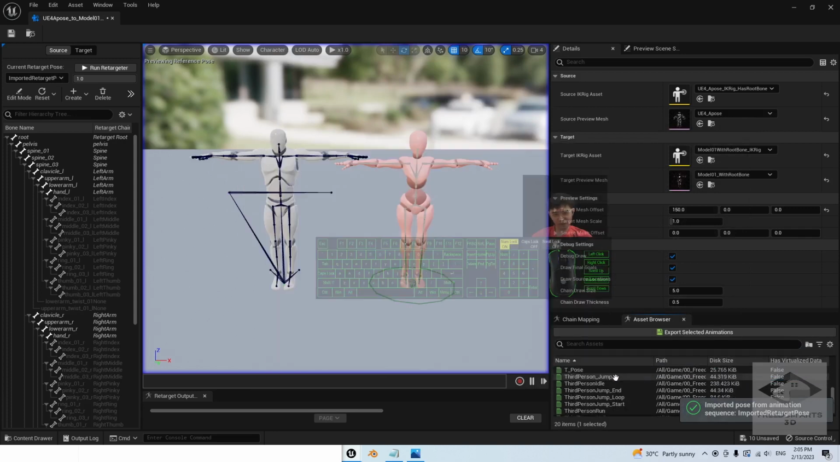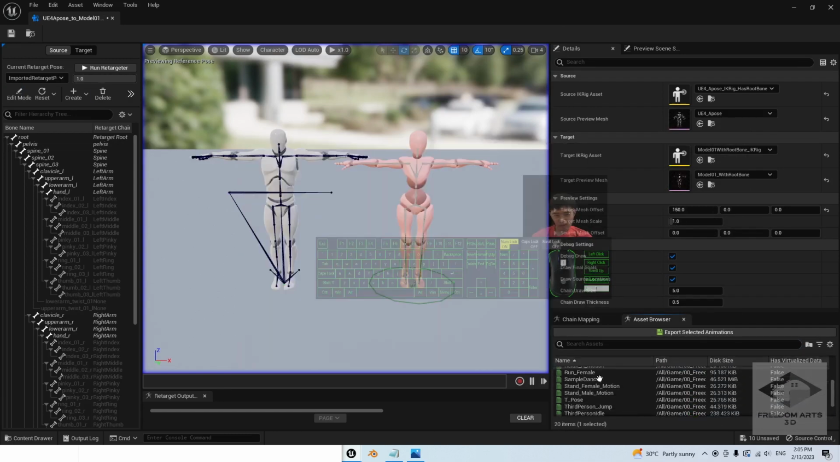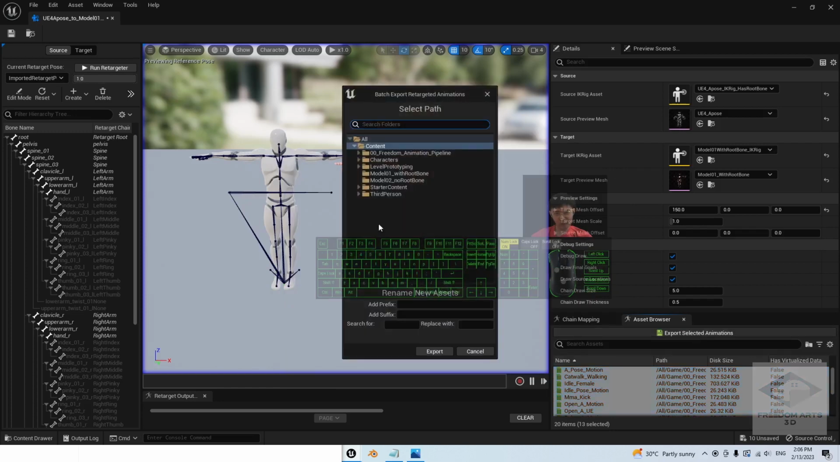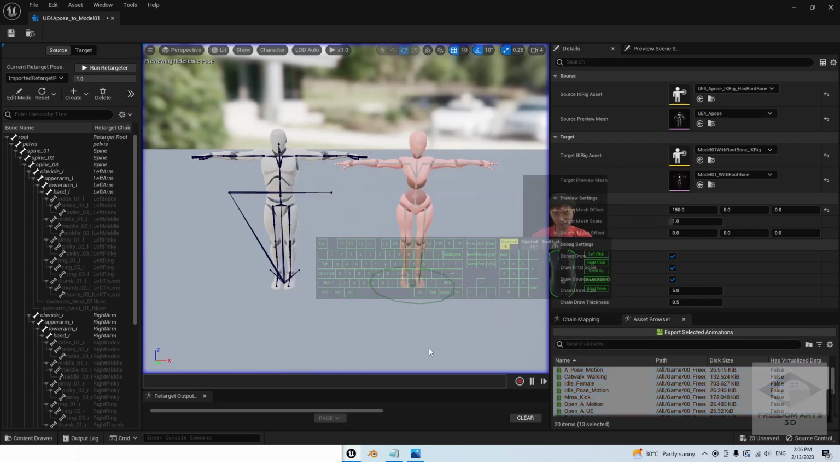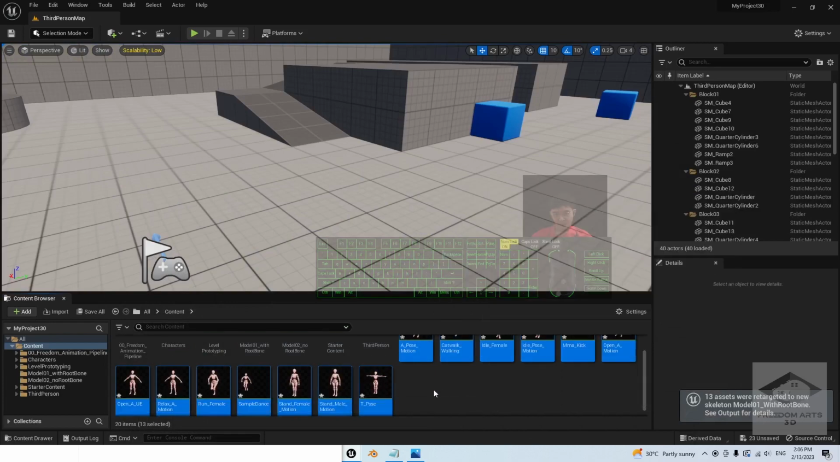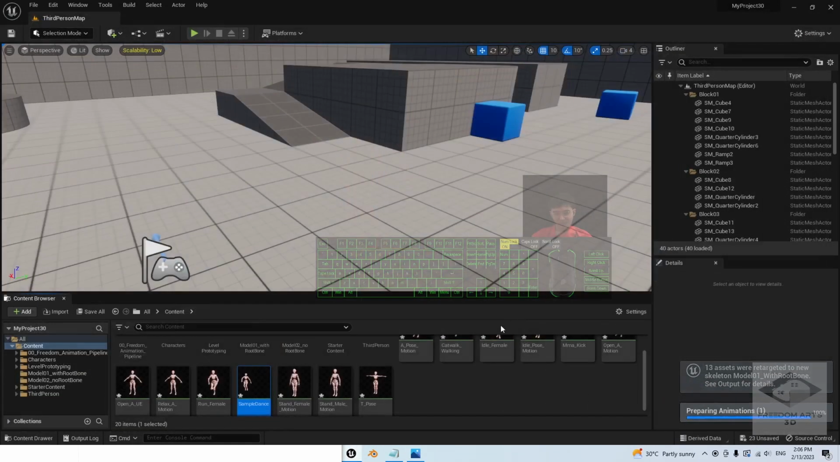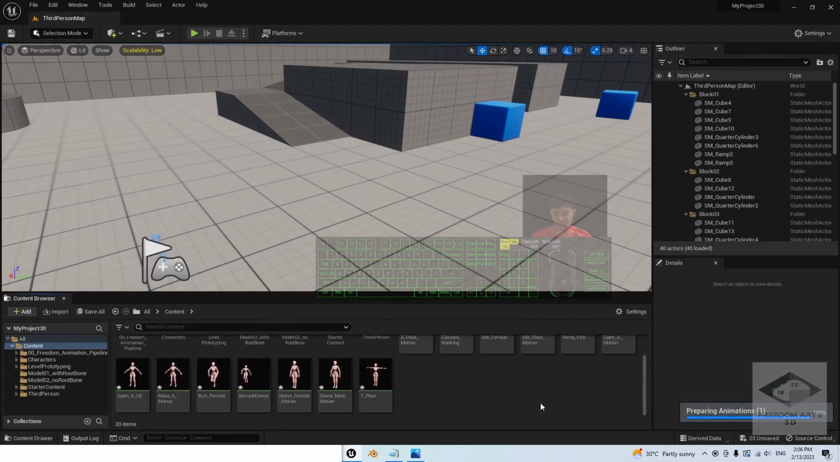Click the A pose. So here, click the A pose, hold the shift, click the T pose, select everything, export the selected animation, click export. Now you can see everything already retargeted properly. Done. Already become the animation sequence. Next,